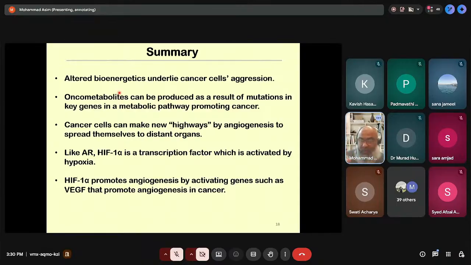All of it they're doing in order to survive the conditions of extreme low oxygen tension. And that is why this altered bioenergetics in cancer cells is so important. We saw this oncometabolite, one of them, this 2-ketoglutarate is very important, but one of the things it is